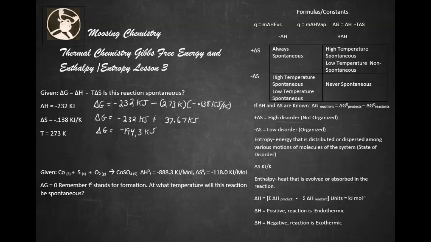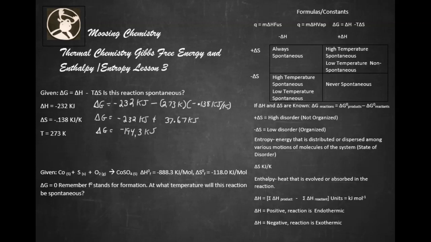When delta H is negative and delta S is negative, it's spontaneous at low temperatures. And so we have a definitely low temperature there. So this is spontaneous. Pretty cool, huh? All right, so let's look at the next problem. The next problem is